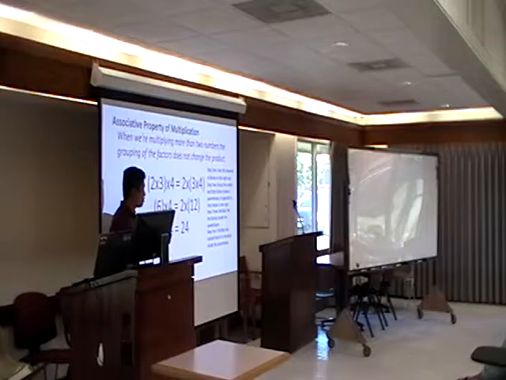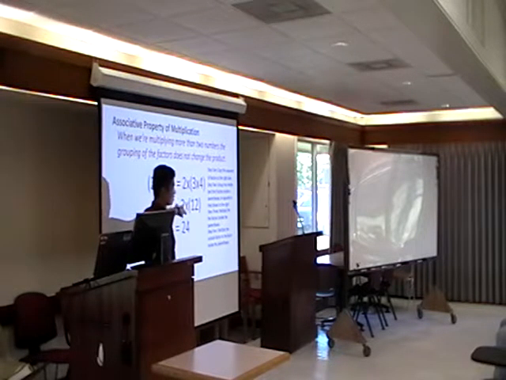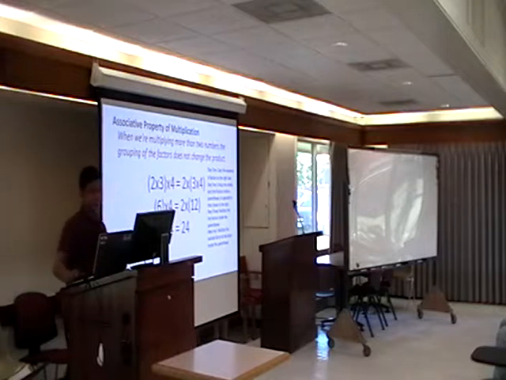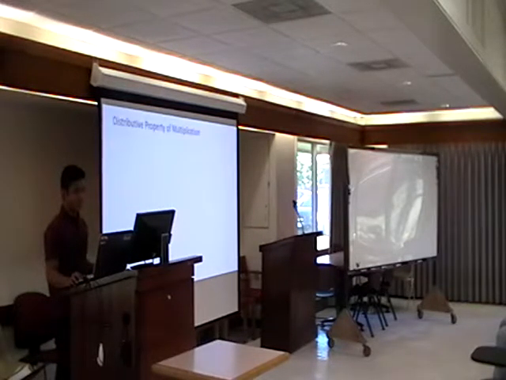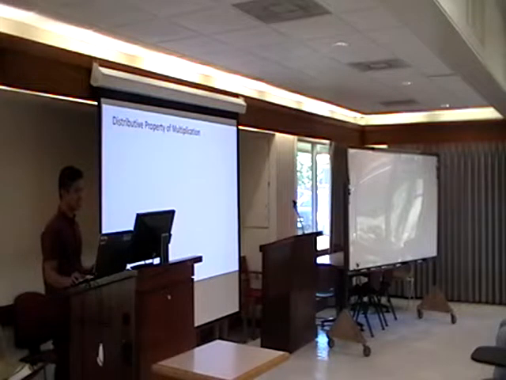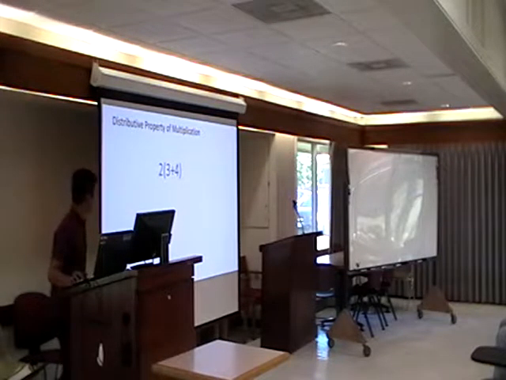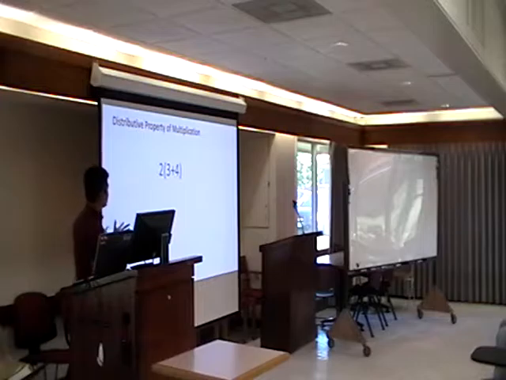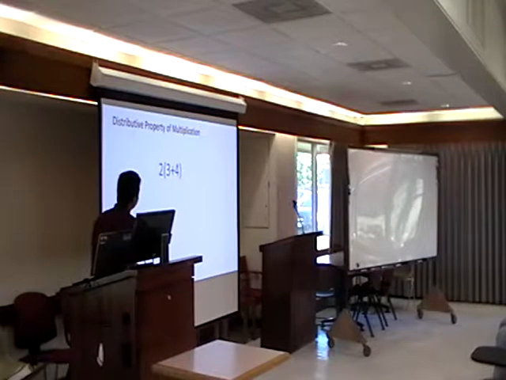So 6 times 4 is equals to 24. 2 times 12 is equals to 24. Okay. Now, the last property is the distributive property of multiplication. Now, we have an example here. As you can see,